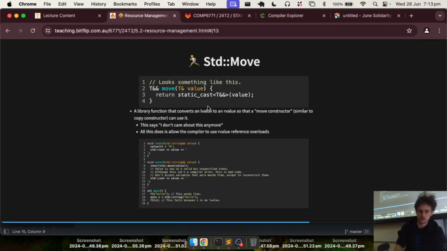They do get a bit weirder, but the reason they're critical is standard move, because standard move's implementation is a funny little thing. I'm pretty sure it's something really close to this function here, where what it does is it takes in a value, something you would typically consider to be an L value, and it statically casts it to an R value reference. Following? Yeah. The way to think about it is it doesn't strictly do anything, because when we look at